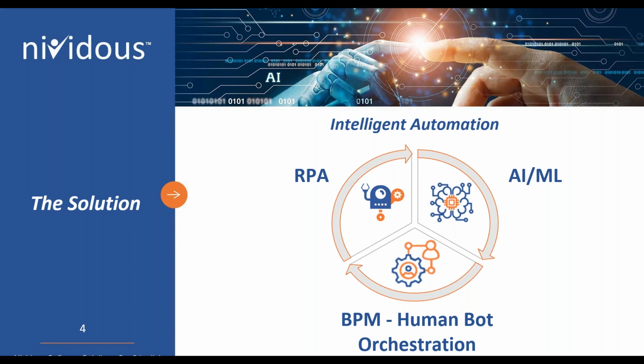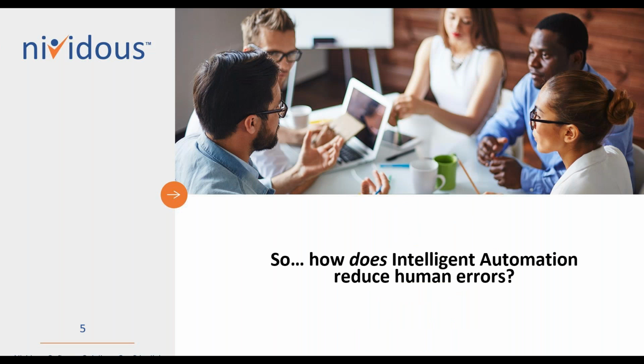The bot's going to do the same amount of work or more work, faster and more reliably than the human would do. But the work that the human is doing, they're going to get that done faster too, because it's more engaging work, right? And it's simplified and streamlined to leverage their unique abilities that they bring to the table. And so we're going to talk a little bit more about that as we go into this, but I just wanted to set the stage for what we mean when we say intelligent automation.